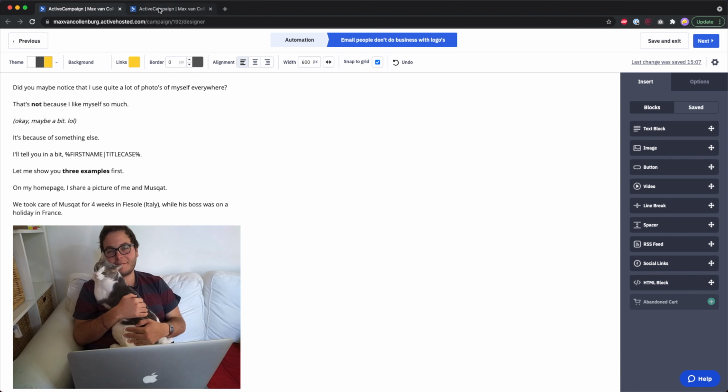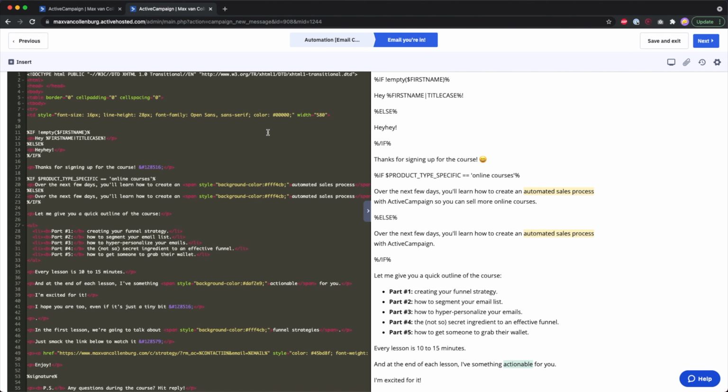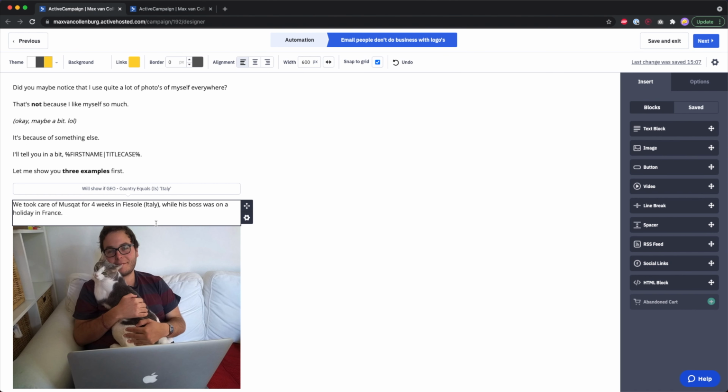So as a solution for myself now, I'm using the HTML email editor, but I understand that this is definitely not for everyone. So if you don't want to do that, you can still use the what you see is what you get builder, but just be sure to really check if everything is working well, and especially be careful with copying text from another document inside the what you see is what you get builder.